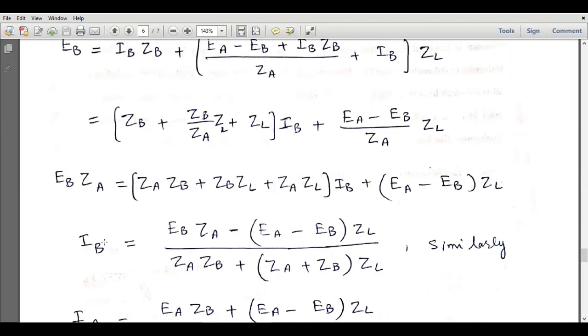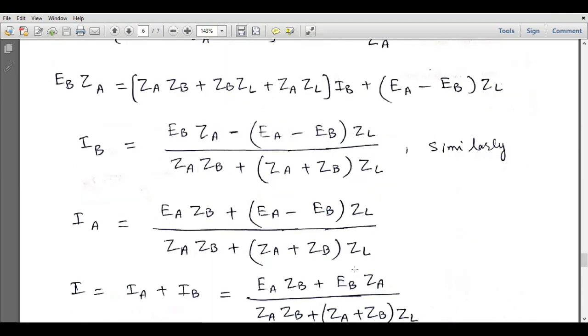So IB will be equal to EB ZA minus this term. So this term is EA minus EB times ZL. So we can place this term over here and it will be written as minus EA minus EB times ZL, and this term will be divided, so it will become ZA ZB plus ZA plus ZB times ZL. So this is IB, and from the symmetry we can write a similar expression for IA,